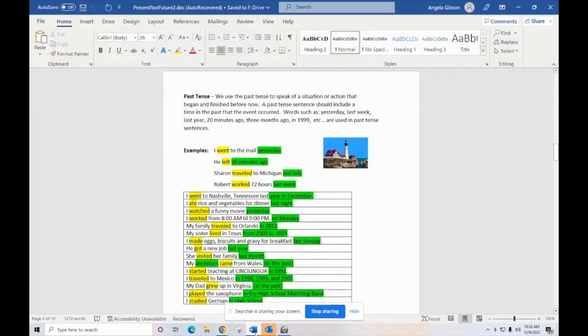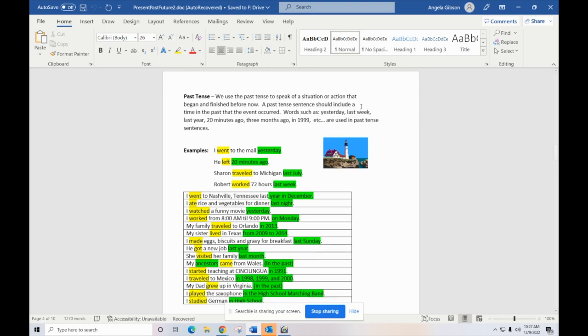But let me just start off by showing you what we went over. We use the past tense to speak of a situation or an action that began and finished before now. A past tense sentence would include a time in the past that the event occurred. Words such as yesterday, last week, last year, 20 minutes ago, 3 months ago, in 1999, etc., are used in the past tense. And I won't go over these examples again, but if you look at the fourth bonus video,